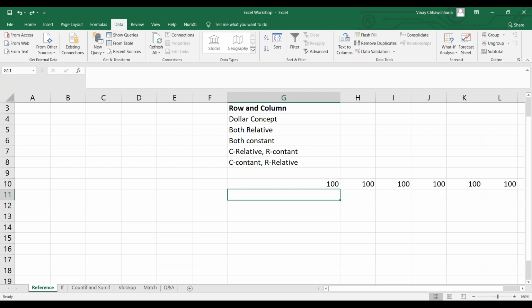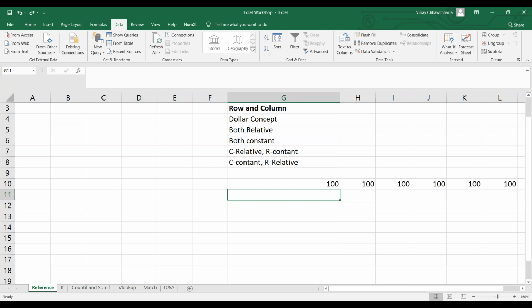As and when we move towards formulas, there is a good chance that without dollars you will not be able to perform any of the formulas. Just give me 10-15 minutes. In that you will yourself understand why these dollar concepts are important and what the real application of these dollars is.